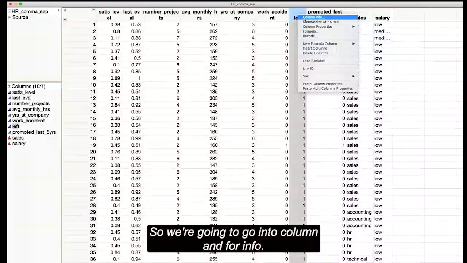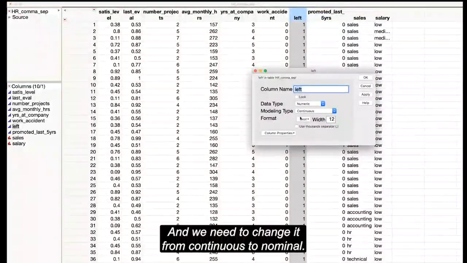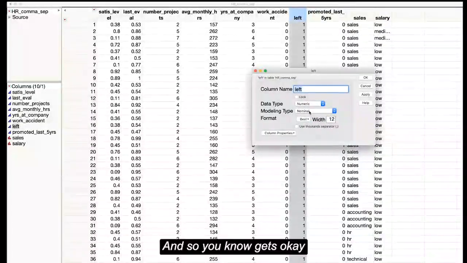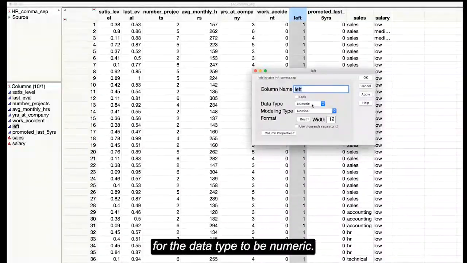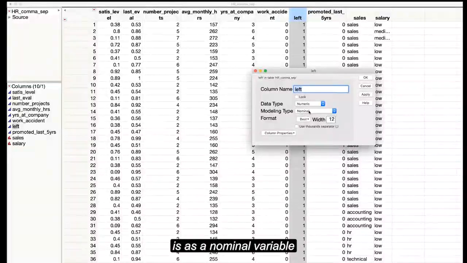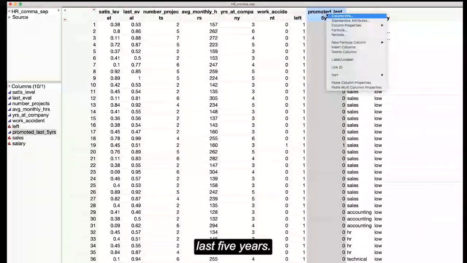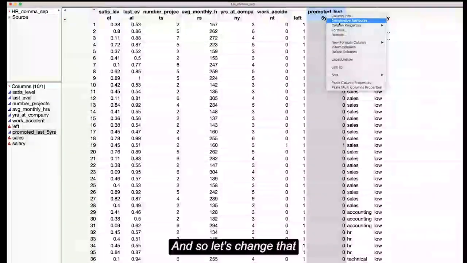So we're going to go into column info, and we need to change it from continuous to nominal. Nominal means it's a categorical variable where each category has a name. It's okay for the data type to be numeric, but how it relates to models is as a nominal variable. That is a categorical variable. We have several. We have promoted last 5 years, and so let's change that